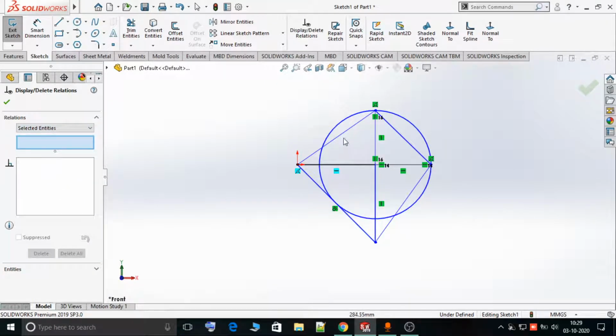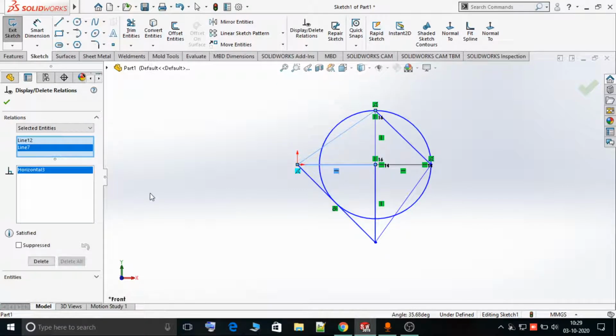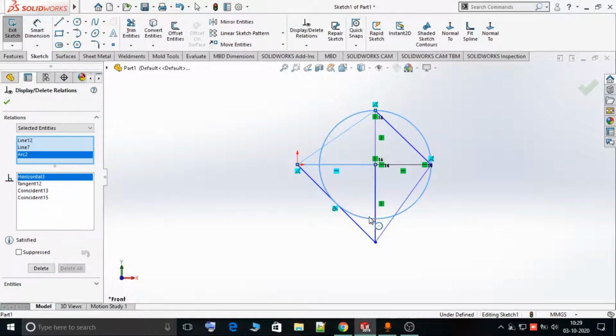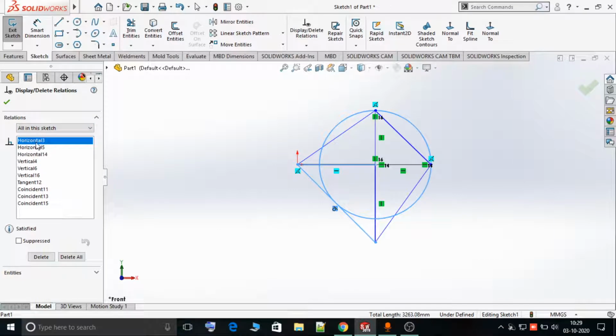Now if I select this entity, you can see the relations of this entity with this entity, that is, this entity is horizontal. If I select this and this, you can see the tangent relationship of this entity. So in this way, if you select entities, you can see particular relations only. In this way we can see all the relations inside the sketch.